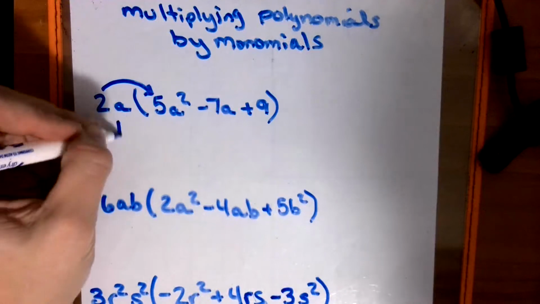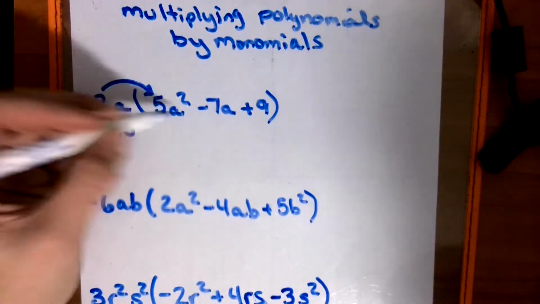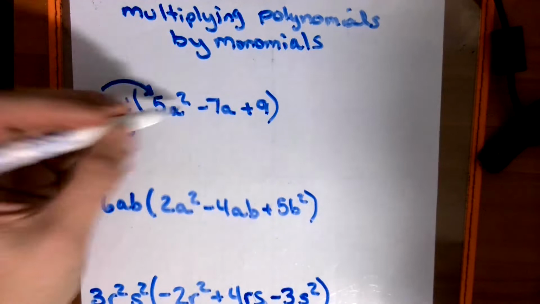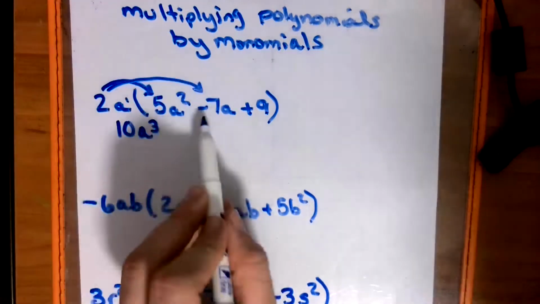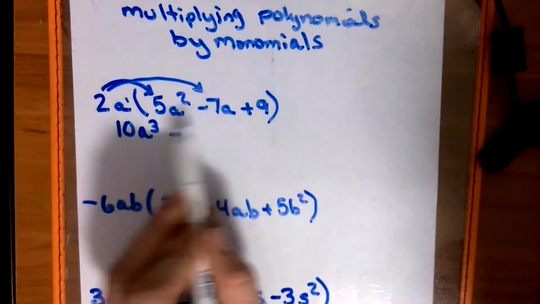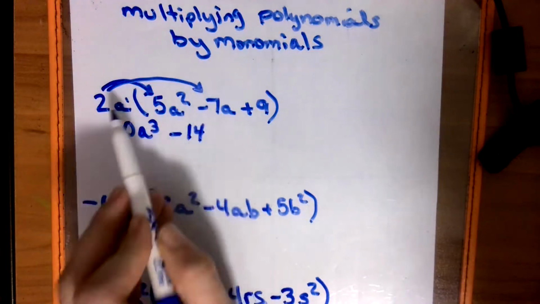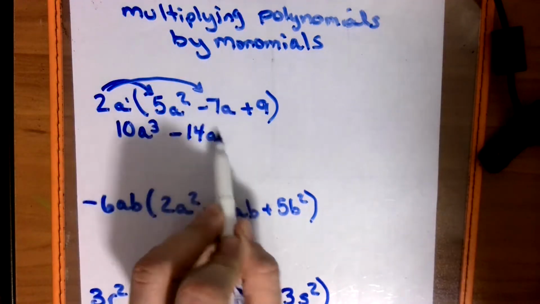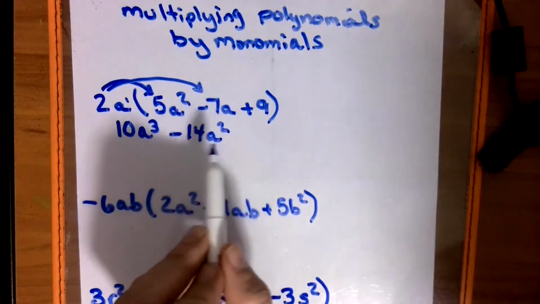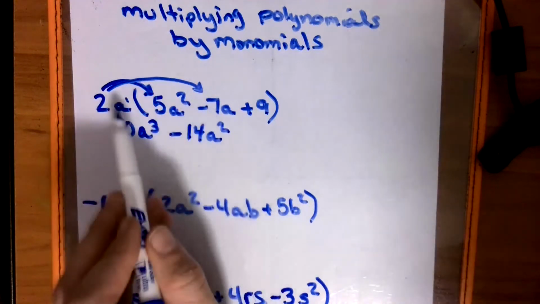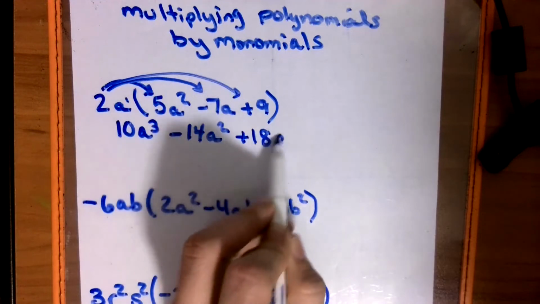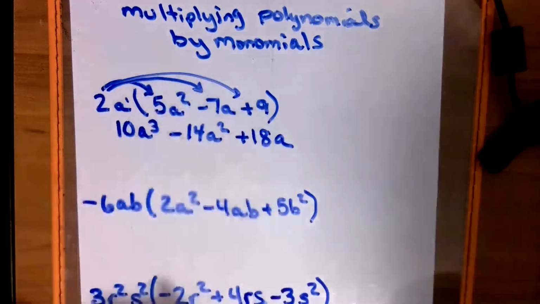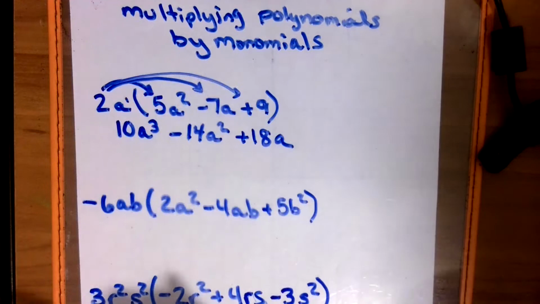So 2 times 5 is 10, and we add our letters. So we have a 1a here and 2, so that's a to the third. Now we give it to this one. We watch our signs. That's a negative. 2 times 7 is 14. We've got an a here and an a here, so that's two of those a's for a to the second power. And we have 2 times our 9, which is 18 with an a. That's all that can be done unless you tell me what a is going to be, and then I would